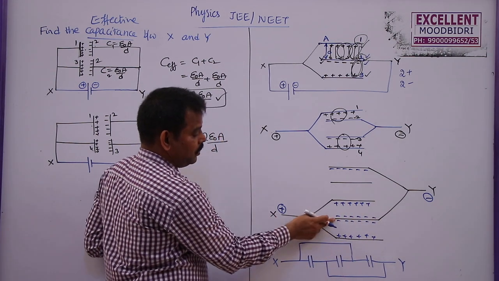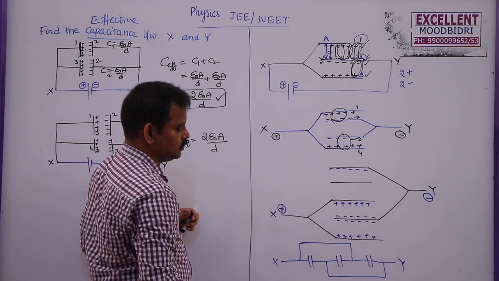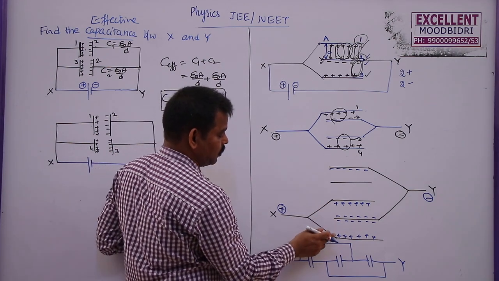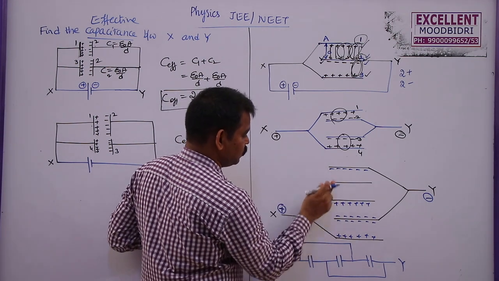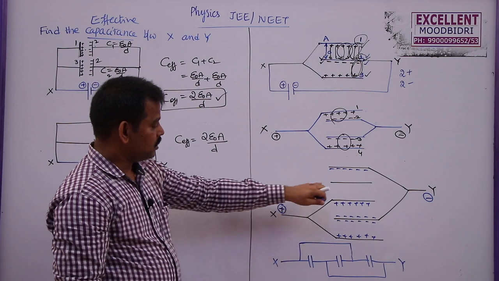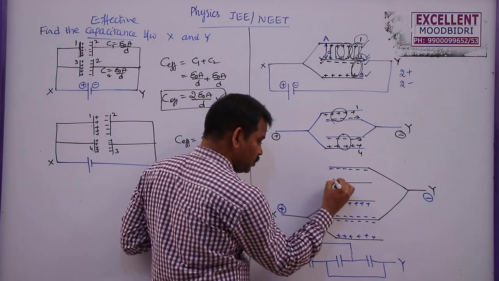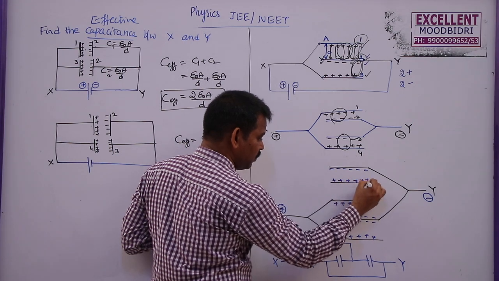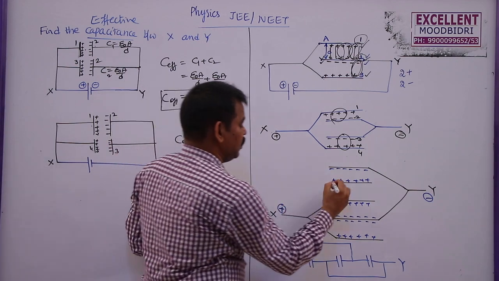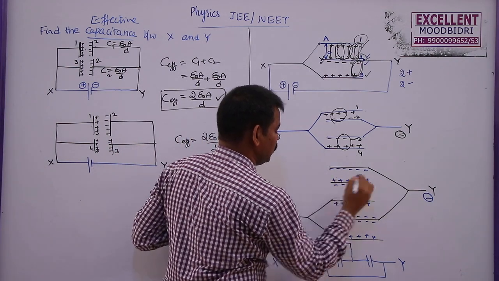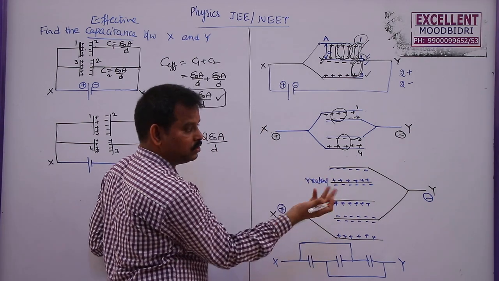As this plate is between two other plates, it will get two negative charges. So how many positive charges are there? 1, 2, only 2. But now this is 1, 2, 3. What about the charge on this plate here? As this plate has a negative charge, positive charge will be induced here. Remember, this plate is not connected to the positive terminal or the negative terminal, and this is actually a neutral plate only. Because the total charge on this plate is 0.